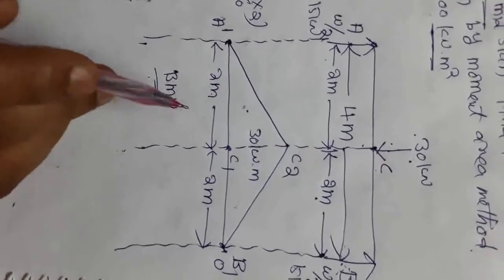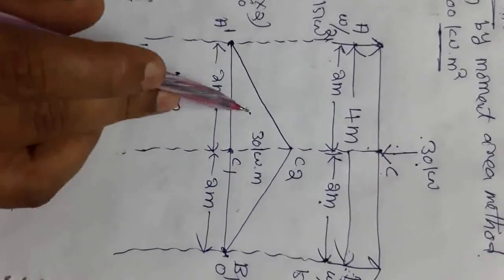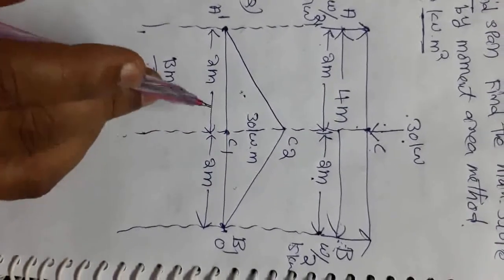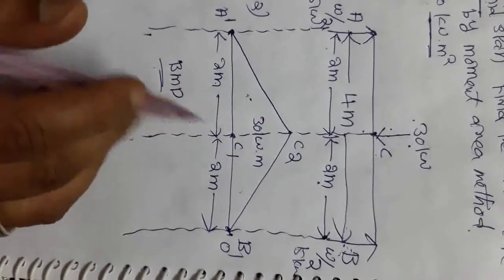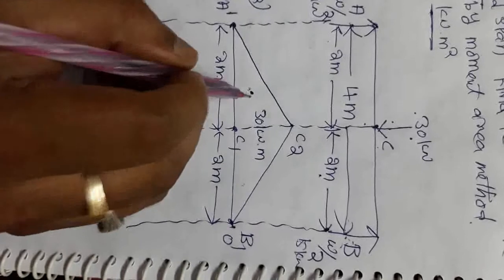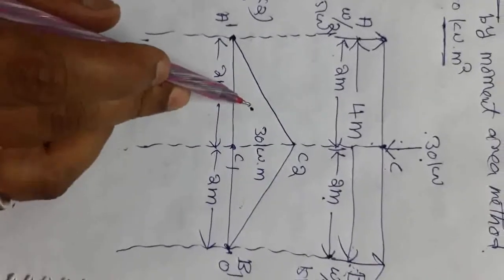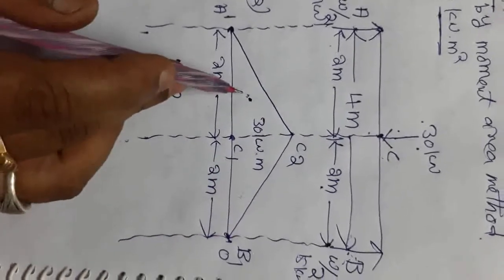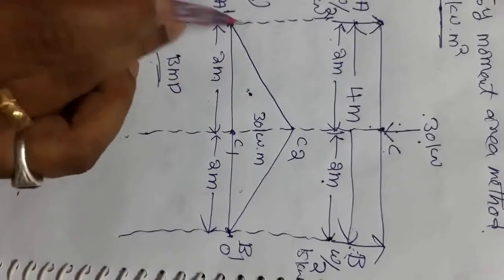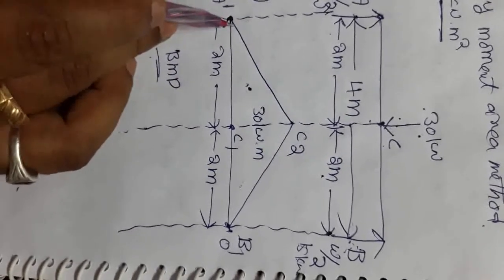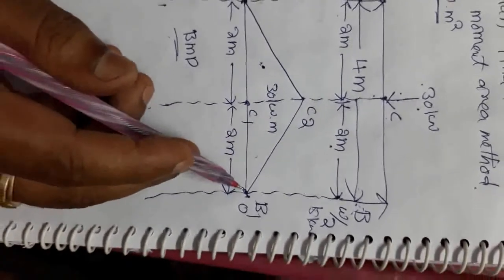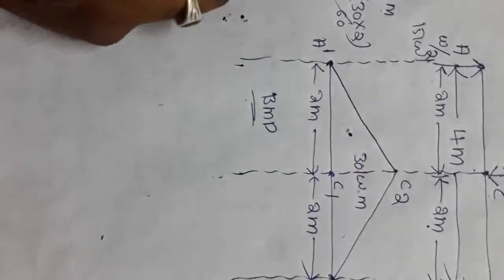So that's why here you can find maximum slope and deflection for only one diagram. The maximum slope and deflection for the other diagram is also the same. So I will take this diagram, the left side diagram. If you take the right side diagram, you can get IB first, but I will take the left side diagram, so I can get IA, the slope at A, first. Next, for this diagram you can find only the area of the BMD.